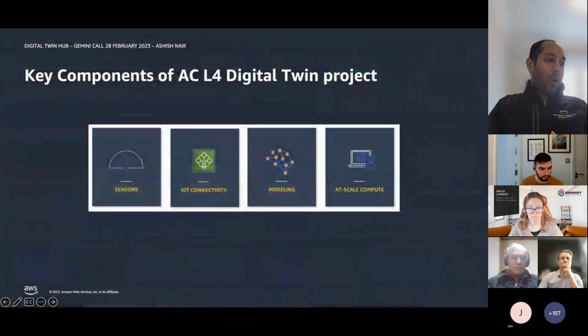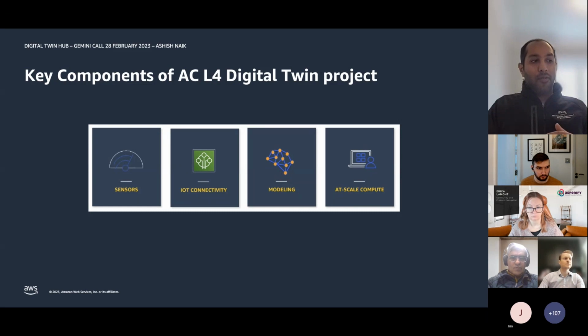The next example I want to talk through is the L4 digital twin, this living digital twin concept. All these digital twins have four core components: sensors, IoT connectivity, modeling, and at-scale simulation, at-scale computation. All of these are digital trends that are now culminating and allow us to create these digital twins, where we're using continually new modeling techniques such as predictive, Bayesian models, machine learning, and AI to continually have our digital twin get closer and closer to the reality of what we see in the real world and give us better futuristic predictions.